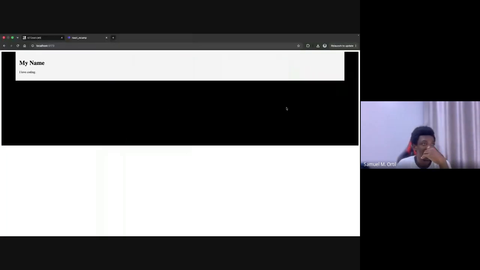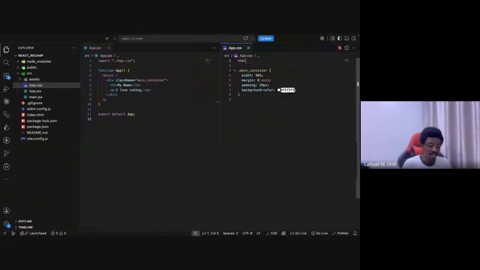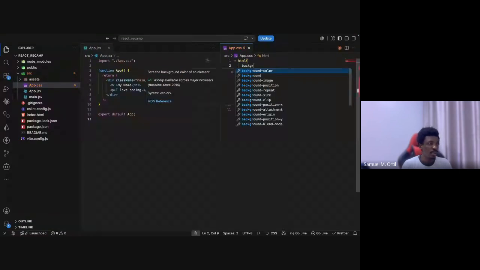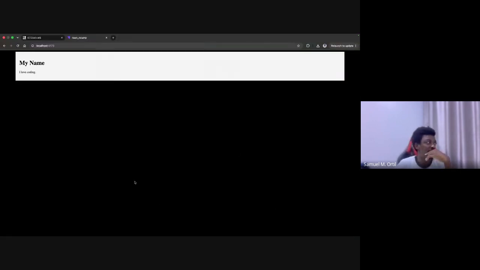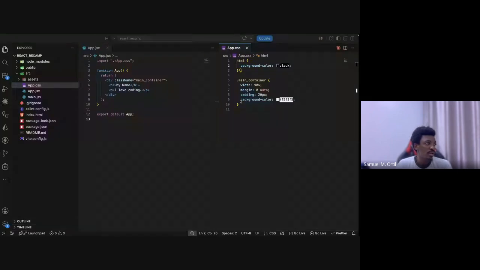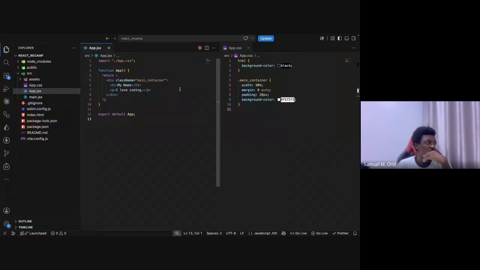So you can see this is it, and then this is our inner container, right? Or maybe let me do this. Let me just target the HTML itself and give it a black background color. Yeah, you can see the entire page is now black. But this one is our main container. We give it this background color, that's why I can see it. At this point, you can just start building your components and styling them the same way you would write HTML and CSS. So nothing changes actually. The cool part is that because we said we extract things into components,